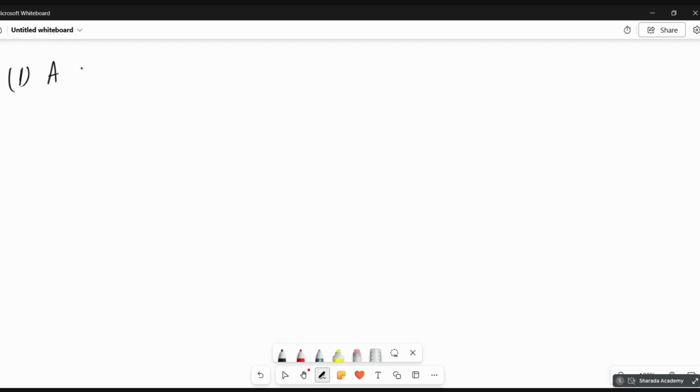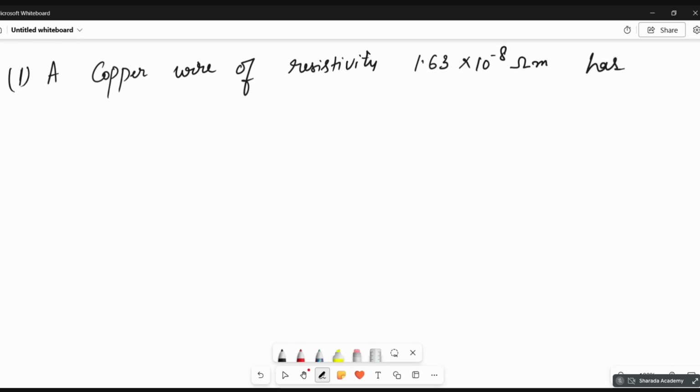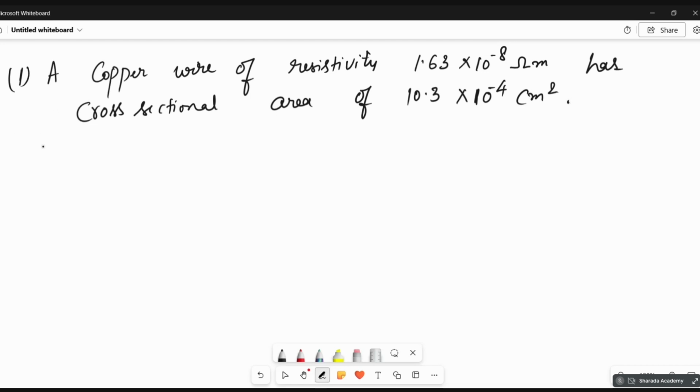A copper wire of resistivity 1.63 into 10 power minus 8 ohm meter has cross-sectional area of 10.3 into 10 power minus 4 centimeter square. Calculate the length of the wire